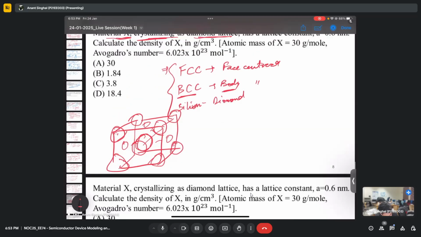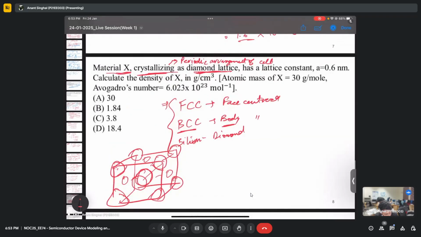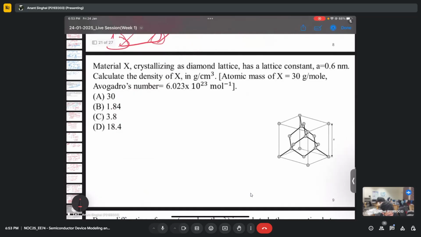So now there is one more lattice, which is the diamond lattice. In the diamond lattice, this is the formation. So in this particular picture, we have atoms at all the corners, then we have atoms at all the faces, which is all the 6 faces, and then the third thing is we have 4 atoms which are present inside a unit cell. So if I try to calculate the number of atoms per cell,